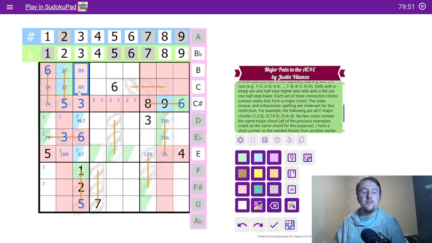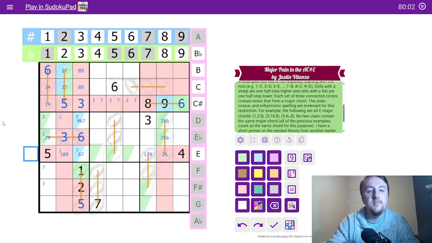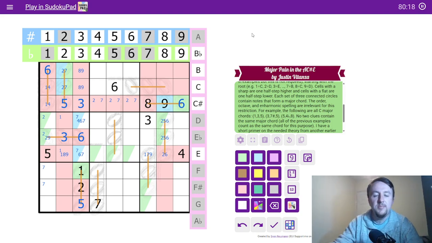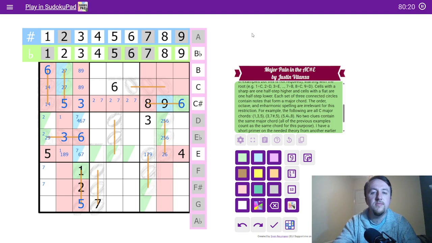Yeah, the fact that we got the 8-9 pair here, that was really powerful. That put the 5 in the column over. Anyway, these are not my concluding thoughts because I'm far from concluding this puzzle. But yeah, that was really cool. And then it was very global. It kind of shifted from this fairly local deduction to, that was just the trigger for something much more global about trying to keep track of all of your different chords. But anyway, let's